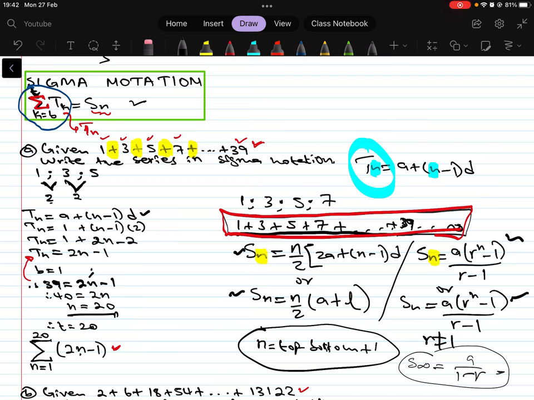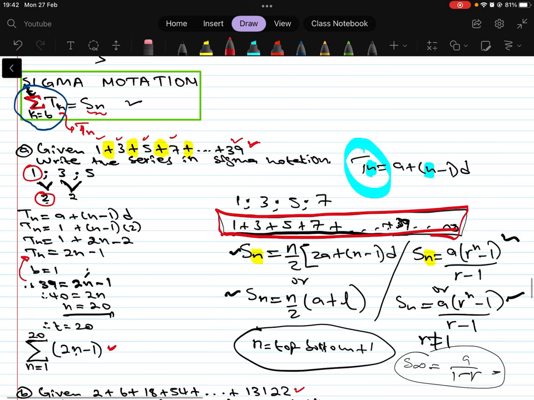So we did exactly that. We know our A is the first term. As usual, it didn't change. It's still the first term, which is 1 in this case, and we know the D is 2. Then we just substitute for A and D, then we simplify, and we get our Tn formula. From there,